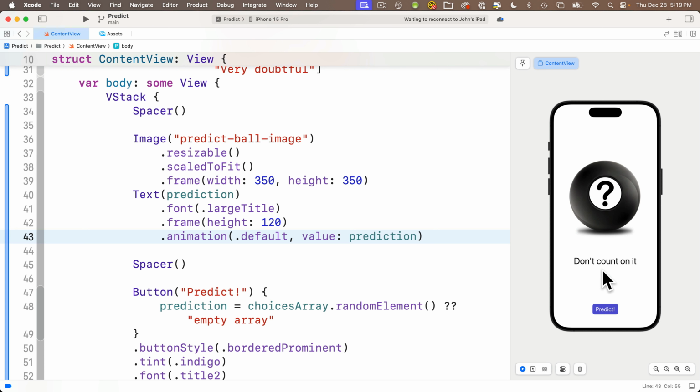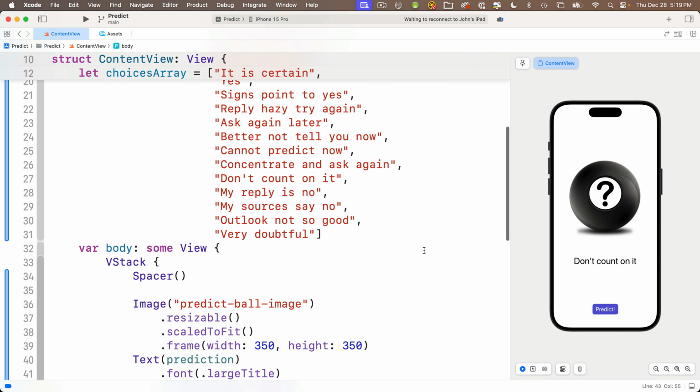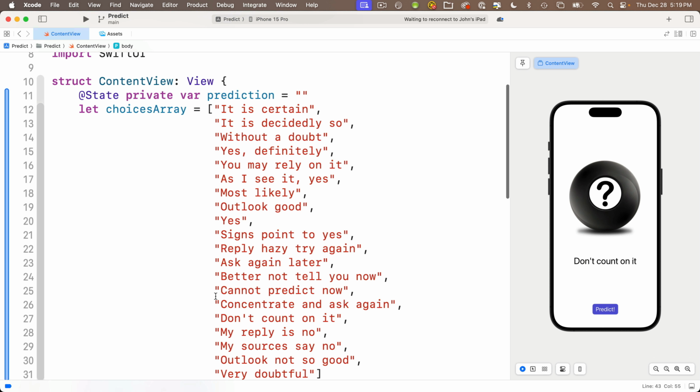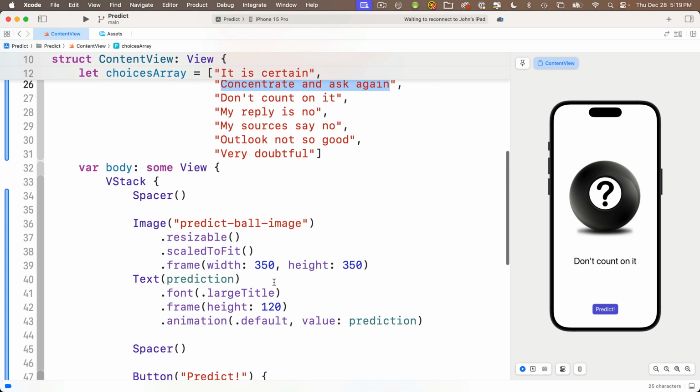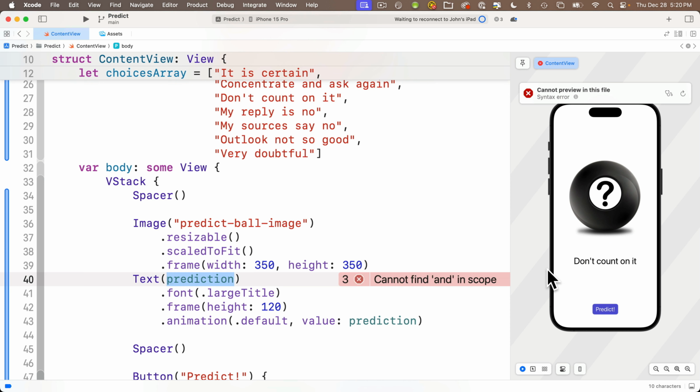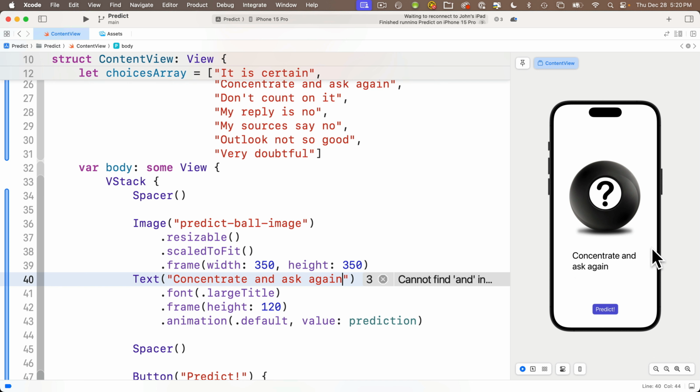Now, one last thing I'll show you involves the alignment of the text in the text view. There's one element in our array that is so large that it's spread across 2 lines. It's this one here, concentrate and ask again. So I'm actually going to copy this, and I'm going to remove the prediction variable from our text view just temporarily, and I'm going to paste in this string just so that we can see what the 2-line text looks like, and we see it's left